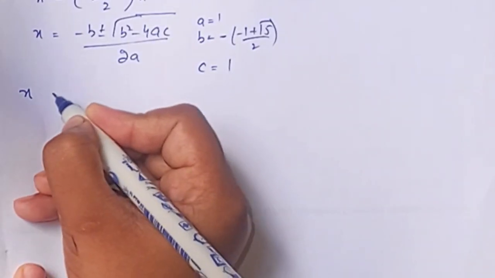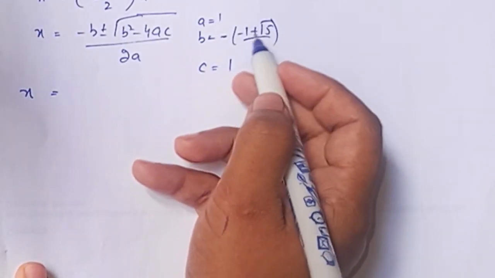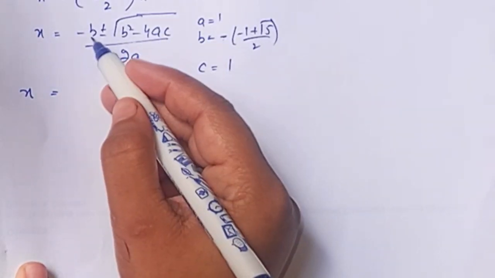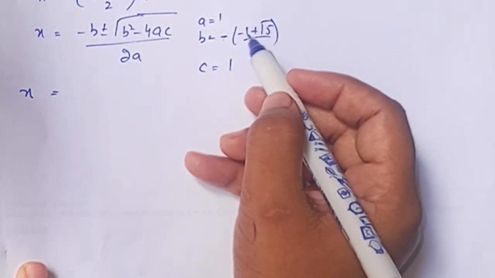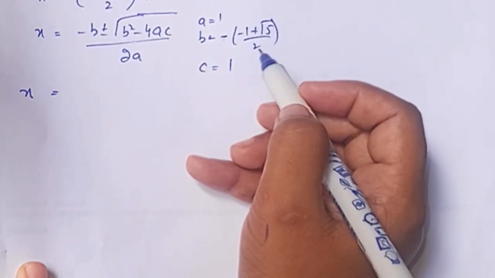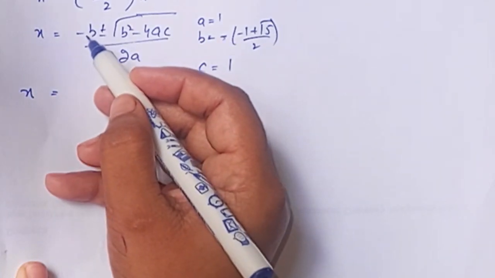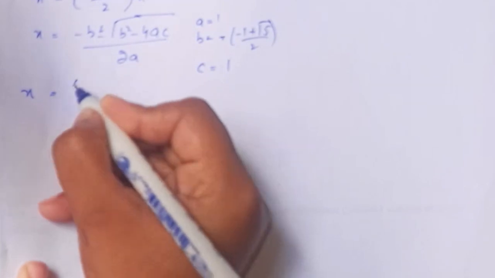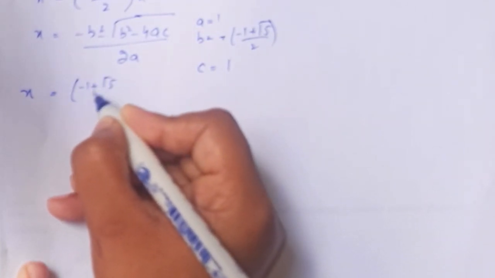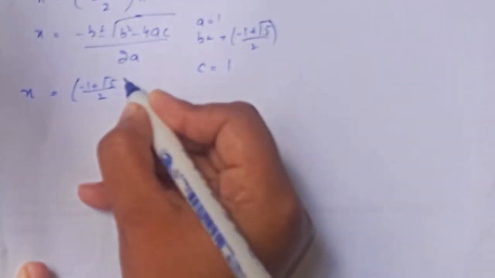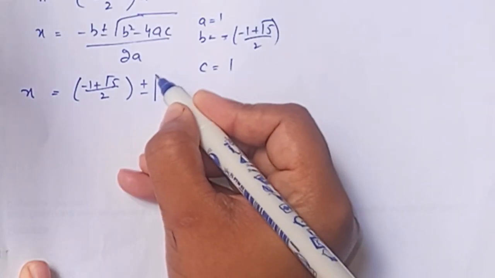So x is equal to, this is minus b and b is equal to minus times minus 1 plus square root 5 over 2, this minus and this minus will become a positive, minus 1 plus square root 5 over 2 plus minus